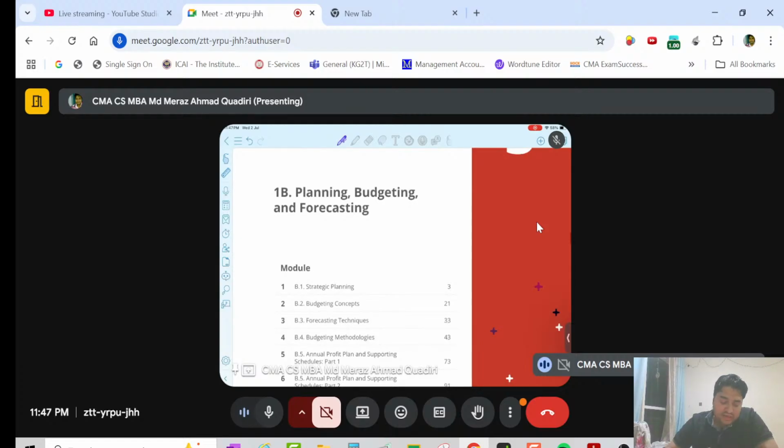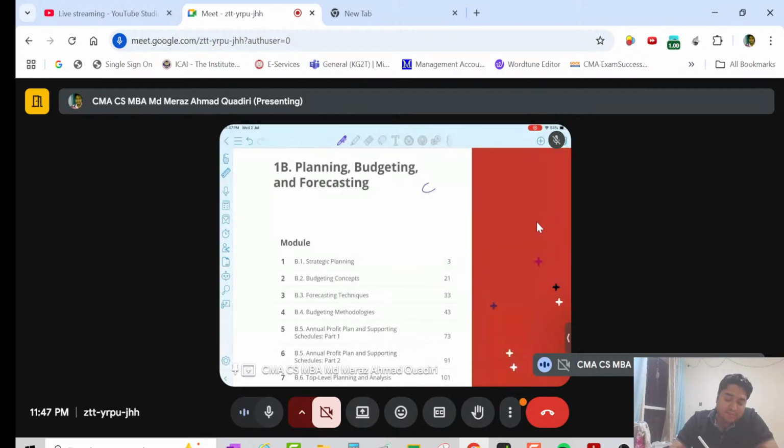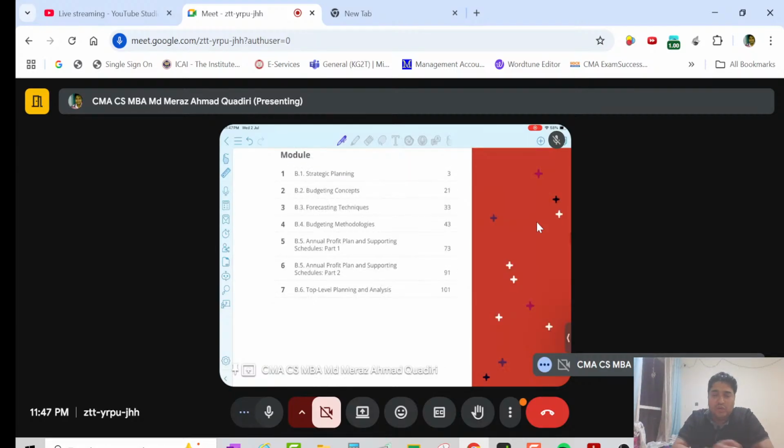Now this is the second and most important part for the CMA Part 1. This is called planning, budgeting and forecasting. In planning, budgeting and forecasting, you will learn what strategic planning means, what the budgeting process is and its concept. Here you will learn mostly theory, the budgeting concept theory. Then you will learn forecasting techniques and budgeting methodology, like zero-based budget, flexible budget, and forecast. After that you will learn about the annual profit plan. It means forecasting of your P&L statement you will learn here